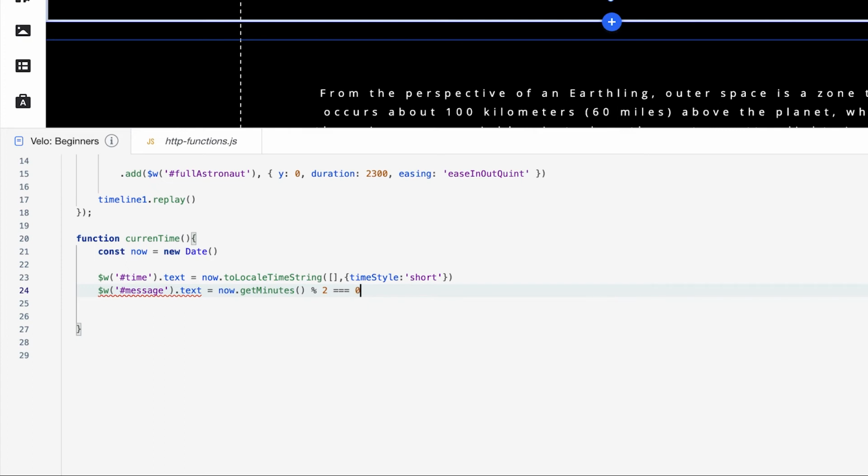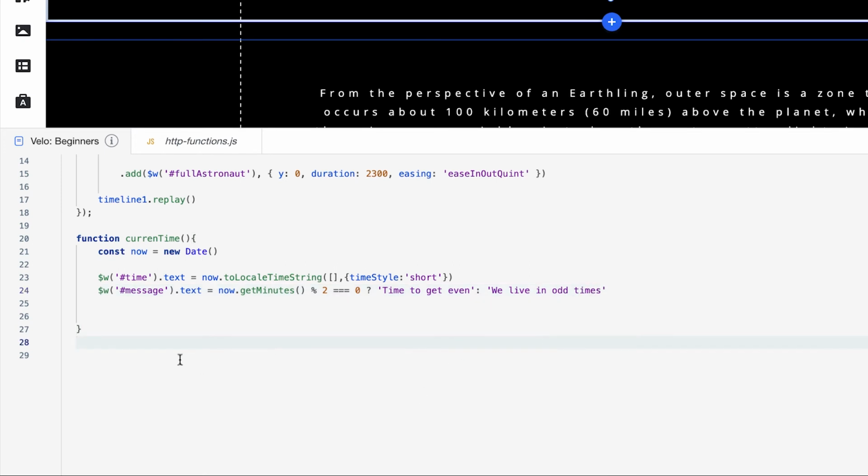Next, we're going to set a ternary operator. This ternary operator is similar to if and else statements where we are working with a condition. So if that number is even, we want a certain message to display. So let's just type in this message here. We have to have something in question, so we'll have this question mark, and we're going to put our quote of whatever we want the text to change to. So we'll say, "Time to get even." Let's try that. And on the other side of this ternary operator, if the number isn't even and it's odd, we want to display a different message that says, "We live in odd times."